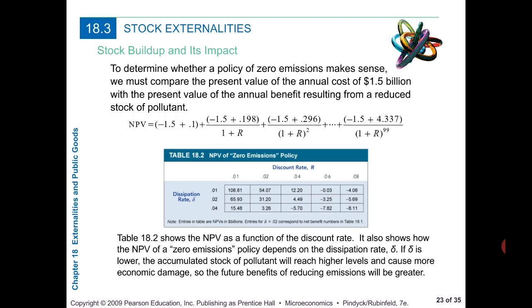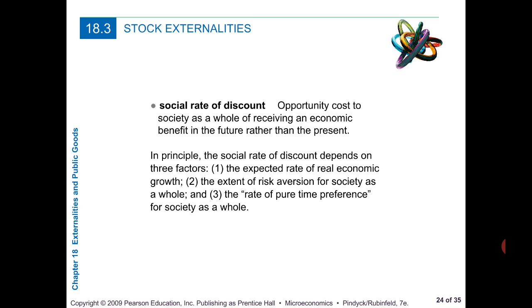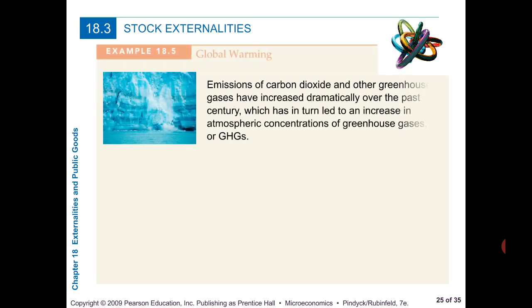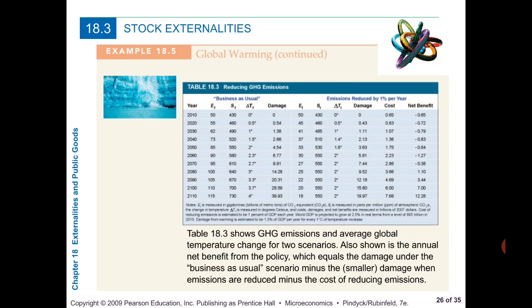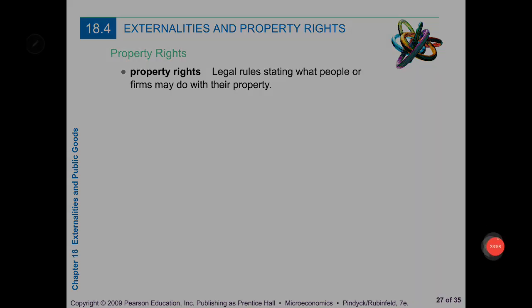which is actually with the discount rate. The discount rate also depends on the social rate of discount. It may not be the same R that you use for your company's private calculation, CAPM. The social rate may be more or less. It depends on the expected rate of real economic growth, the extent of risk aversion of the society. If the society really doesn't like risk, they will put a high discount rate. And it depends on the rate of pure time preference for the society as a whole, and the inflation effect, change in prices and so on. Please read up this example. Extremely exciting and interesting. Okay, 18.4 will continue in the next